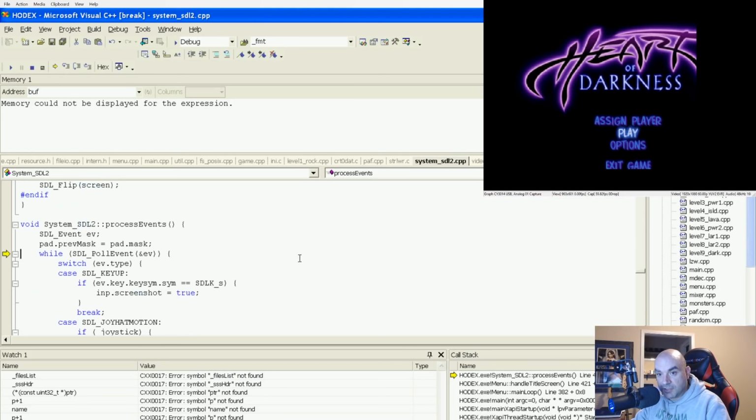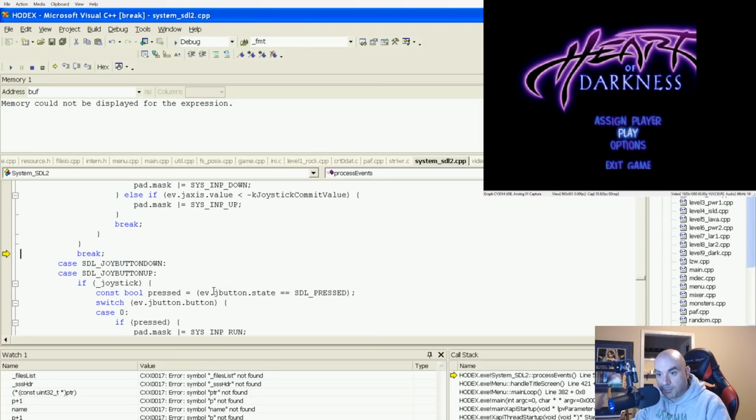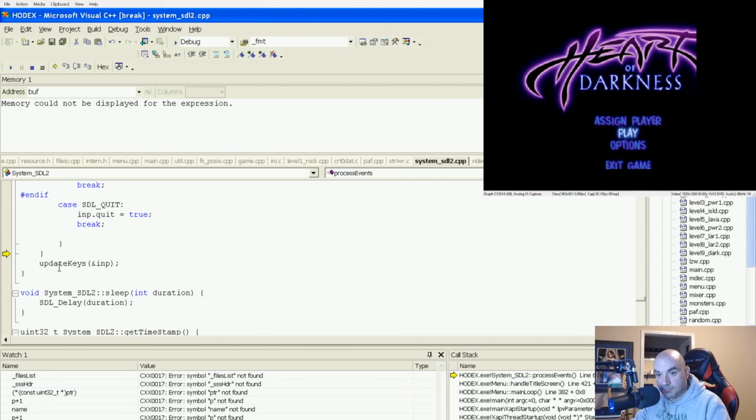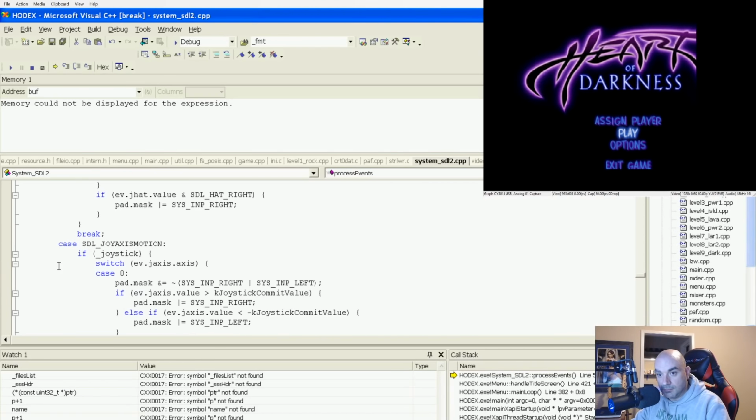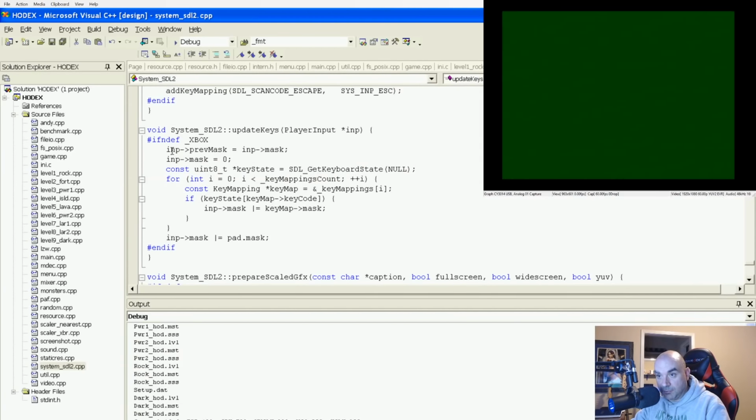It's definitely registering key presses, which is good. But this update keys is all commented out, so nothing is being registered. So